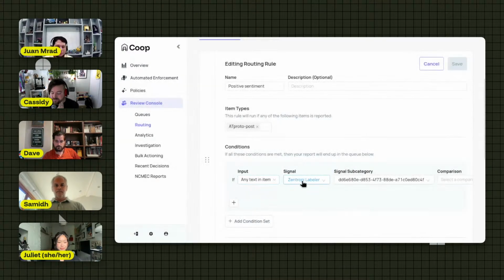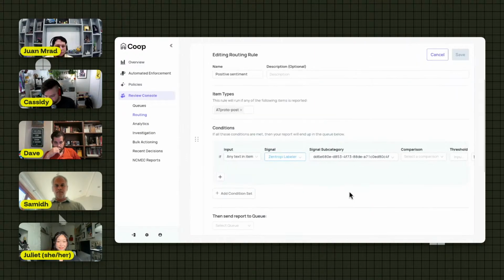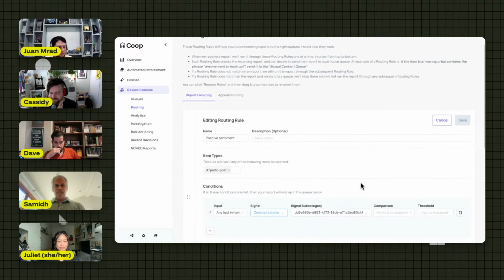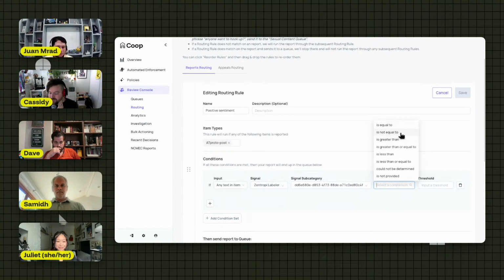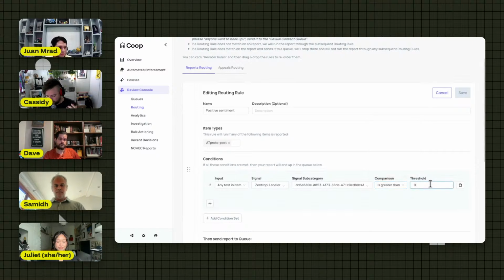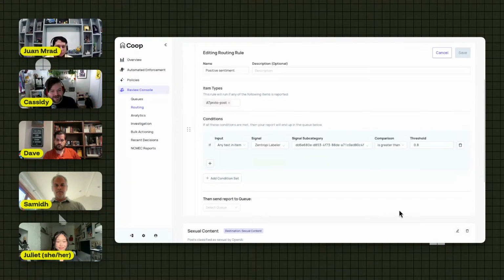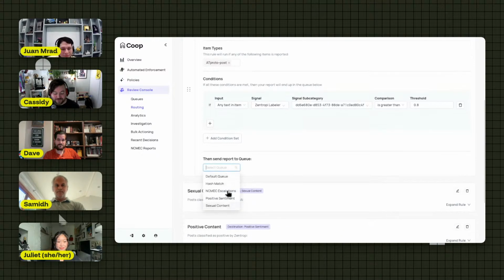So yeah, if any text in the item matches, I'm going to zoom out here because I am zoomed way too far in, is greater than or less than or equal to, you can determine based on your thresholds. So we said is greater than 0.8, let's say, then we would know it's very, very high likelihood that it's a positive sentiment according to this labeler. But it's not the most interesting demo, but it does show you how you can pull it in, and then you can route, or if this was an automated enforcement rule, you could actually perform actions based on this as well. But you could say, okay, let's route this to the positive sentiment queue,